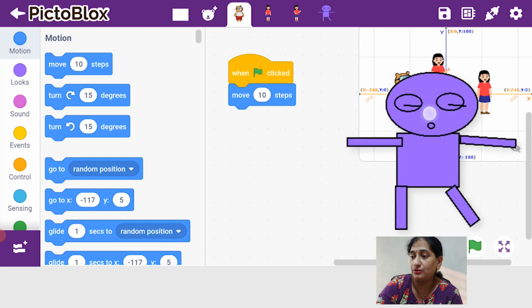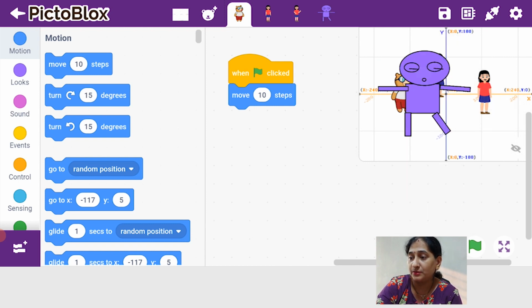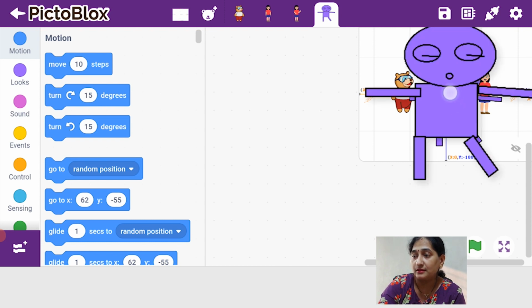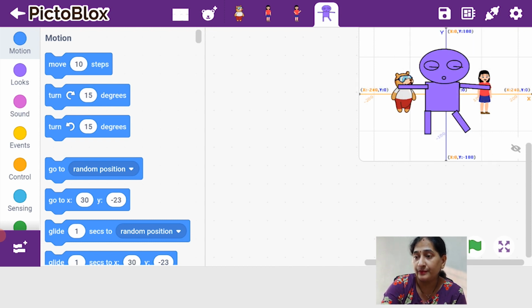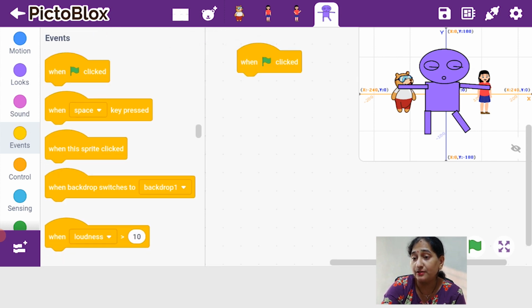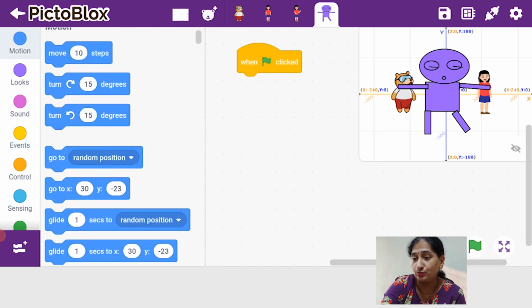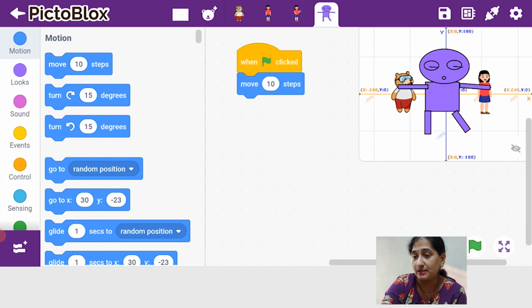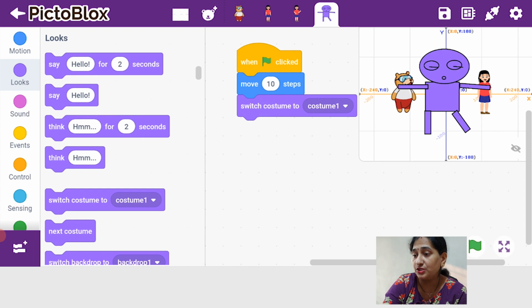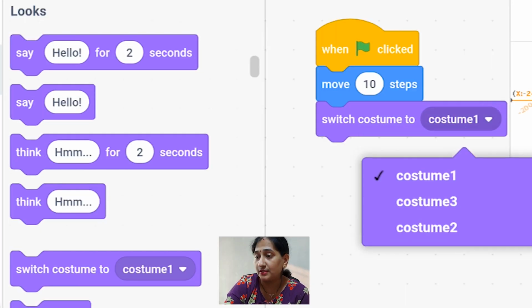So now we have seen how to upload the sprite from the existing library, how to create our own sprite using the clipboard. Now we will see how to make the sprite walk. For that I will go to motion, move 10 steps. I will use the next block, which is switch costume to: costume 1 is there, costume 2 is there, costume 3 is there.